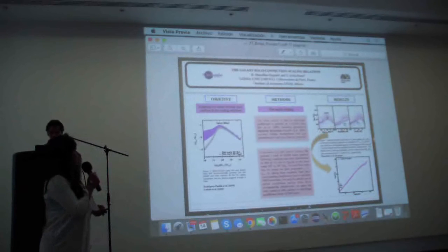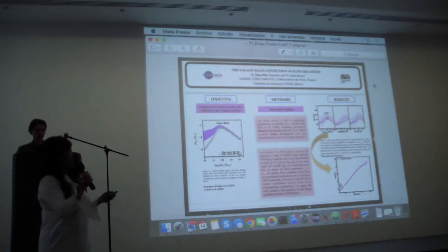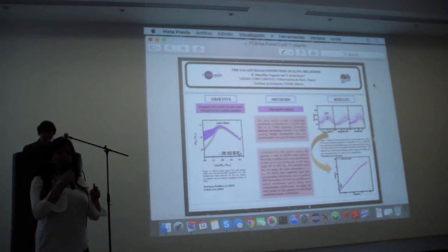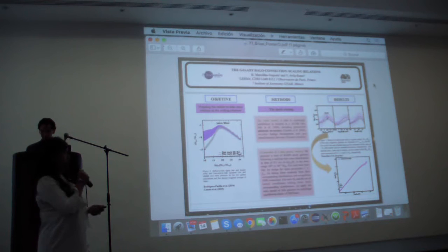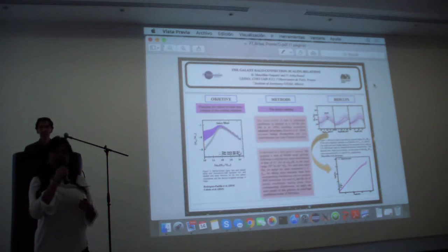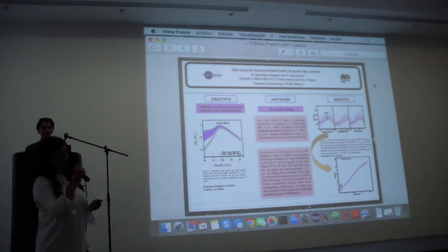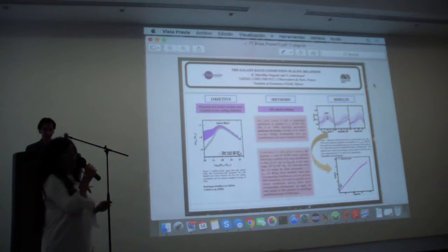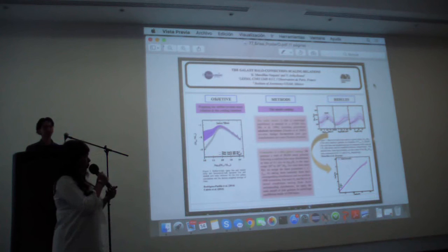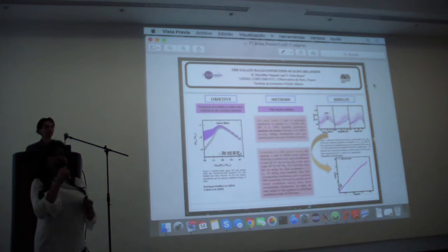The title of my poster is The Galaxy-Halo Connection: Scaling Relations. In this work we want to know how the stellar-to-halo mass ratio, which is presently determined for late-type galaxies using the abundance matching technique, is mapped in scaling relations such as radius-mass, bulge-to-total mass ratio, and Tully-Fisher, and the luminosity-to-total ratio at different effective radii. To do that, I generate a mock catalog of a galaxy disk population using a semi-empirical approach, where each galaxy is modeled with